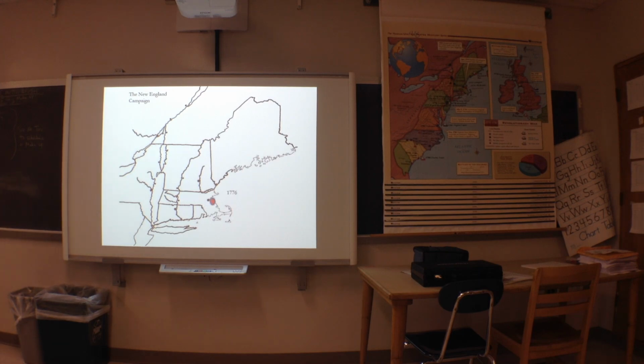So when we look at early battles in 1776, you have the Battle for Boston, which Great Britain won. And actually George Washington was there, and part of the Battle of Dorchester Heights. And so in 1776, Boston is actually occupied by the British. We move on a little later in 1776 to the Battle of Long Island. So the British sent some forces from Boston. They also sent some forces over